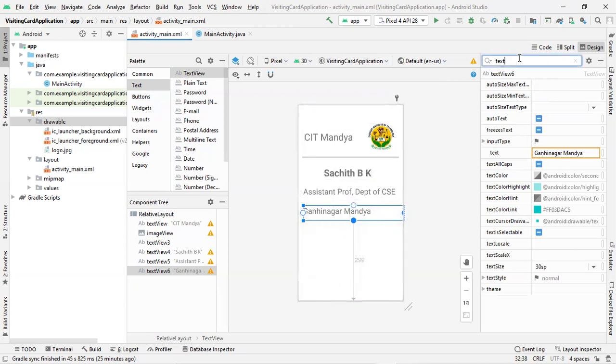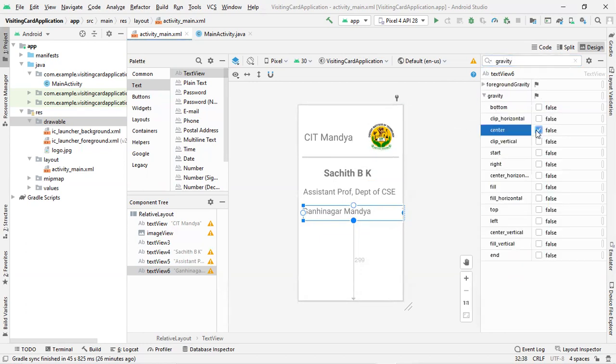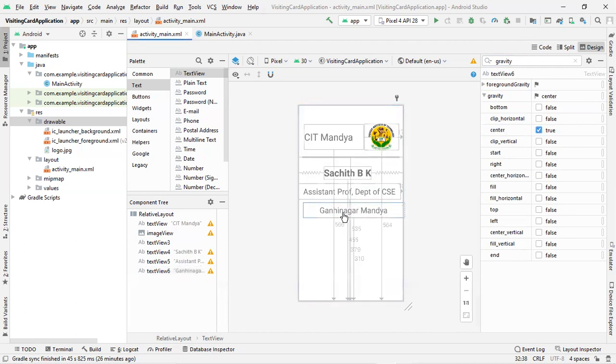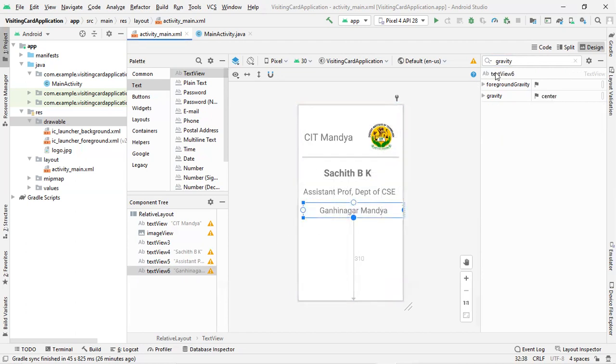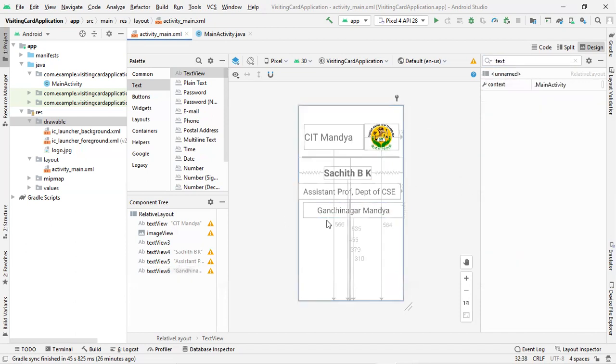So click on that particular component, then go to gravity. Inside gravity, make it center aligned. There is some spelling mistake, so let me change the spelling. Go to text. Gandhinagar Mandya. Okay, so the content has been changed.